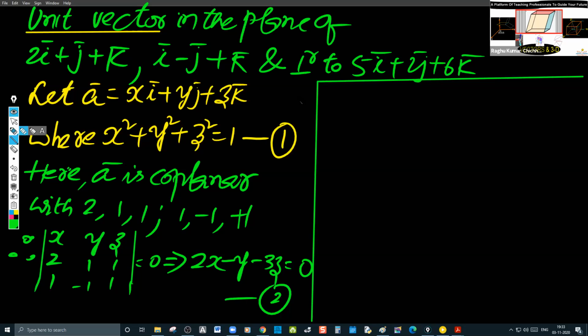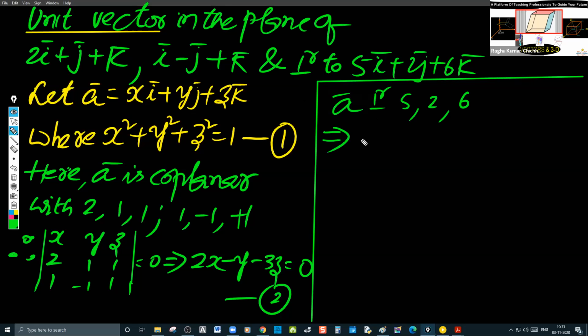What is that you have to understand, please? It is perpendicular, no? A bar is perpendicular to 5 to 6. Come on, tell me that. That implies the dot product is 0. The dot product of A bar and this vector is 0. And hence,